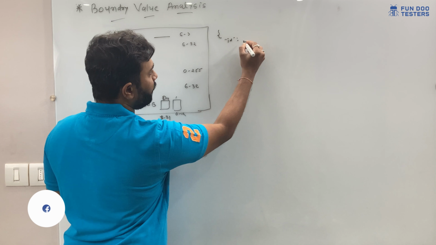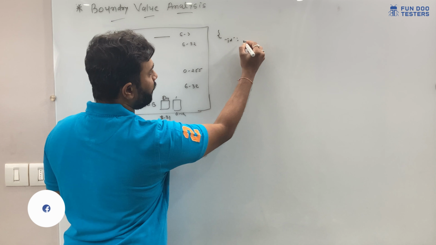So how can we perform boundary value analysis? We have to start with 6 and go to 32. In theory, in boundary value analysis, we have to check two values, first x and here y. So we have to test x, x plus 1 and x minus 1. And on the maximum side, we have to test y, y plus 1 and y minus 1.